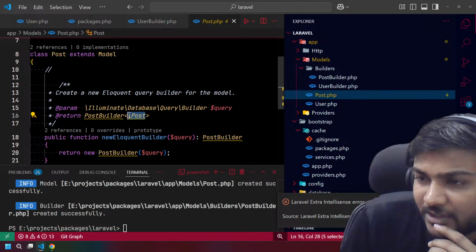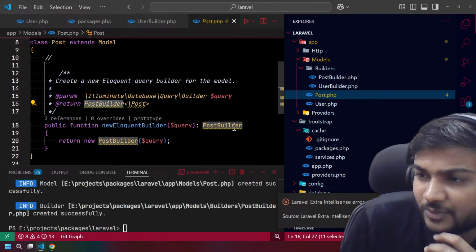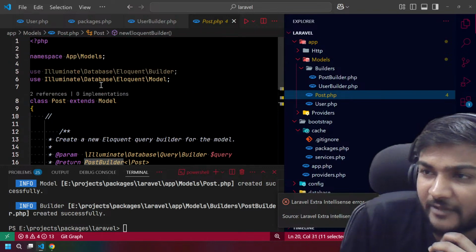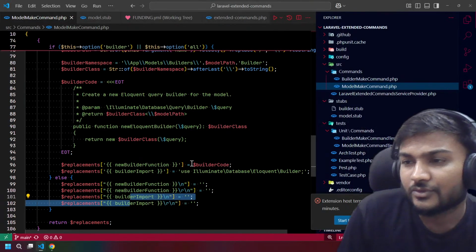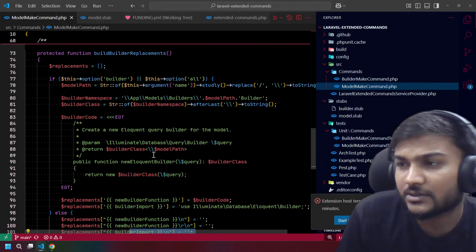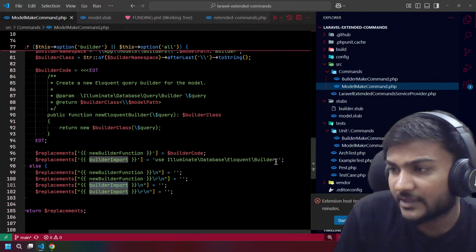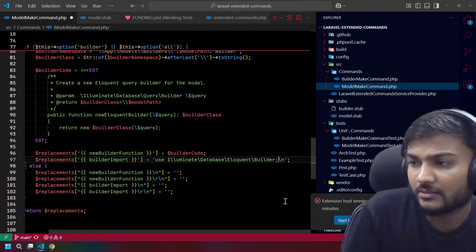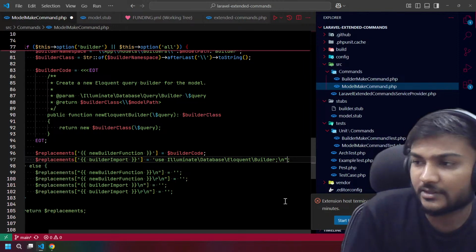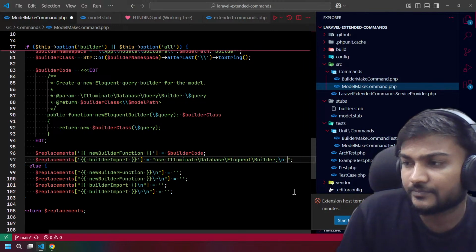This post should be a post builder. But we haven't imported the post builder, so we need to import it, right? How can we do that? We have the builder import, right? So I think with use, we need to do that.